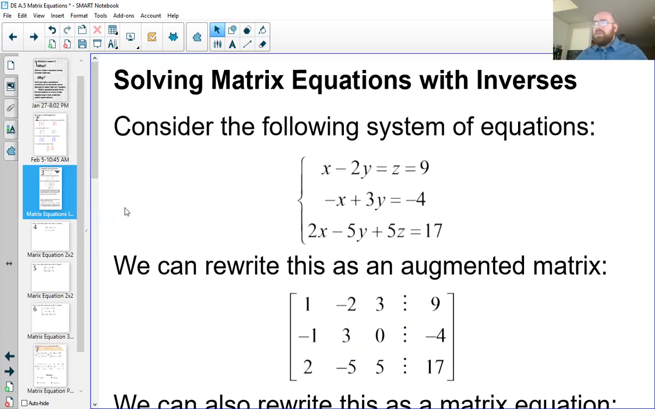So solving matrix equations with inverses. This is where we are really going to build up the concepts that underlie what a matrix equation is and how we solve it. So consider the following system of equations: x minus 2y, that should probably be a,